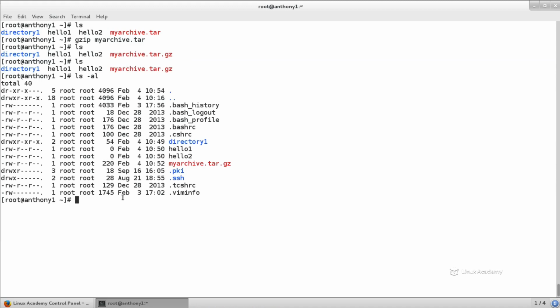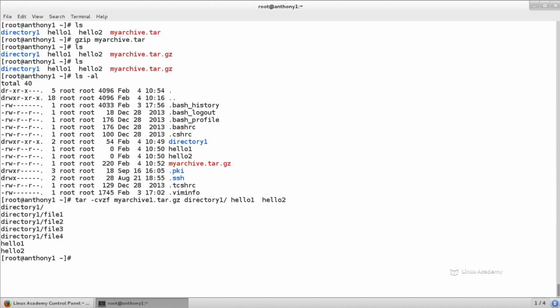So let's go ahead and create a new archive, but use a flag which allows us to either filter it through bzip2, which is a compression utility, or filter it through gzip, which is also a compression utility. So let's go ahead and create a new one. So we're going to create the archive verbosely. I'm going to pass it through the gzip, so I'm going to pass it the z flag. And then from here, I'm going to specify the archive name. So we'll do myarchive1. And since I'm passing it through gzip, I'm going to name it .tar.gz. And then from here, I'm going to specify the directory and the files that we want in there,